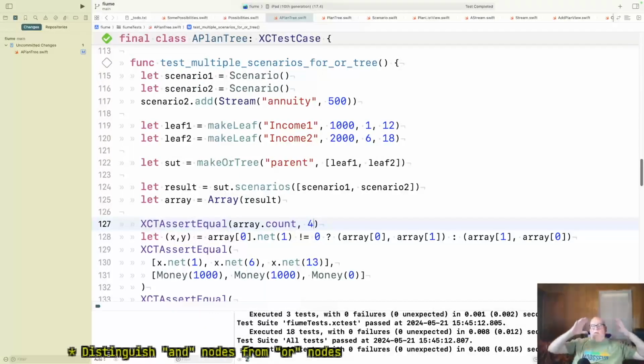The end result of this should be four cases. One is no annuity and either 1,000 or 2,000 a month, and then the other is a 500 annuity and either 1,000 or 2,000 a month.